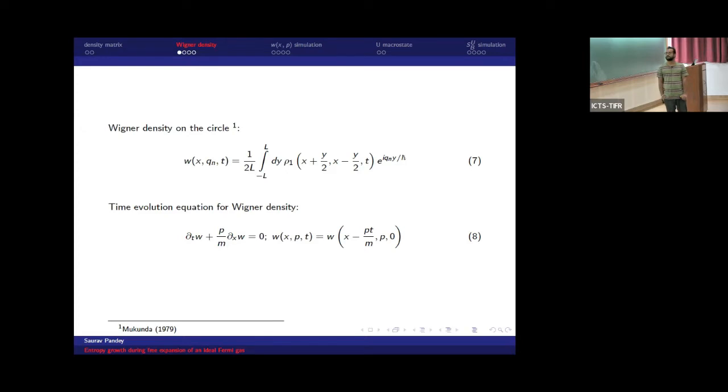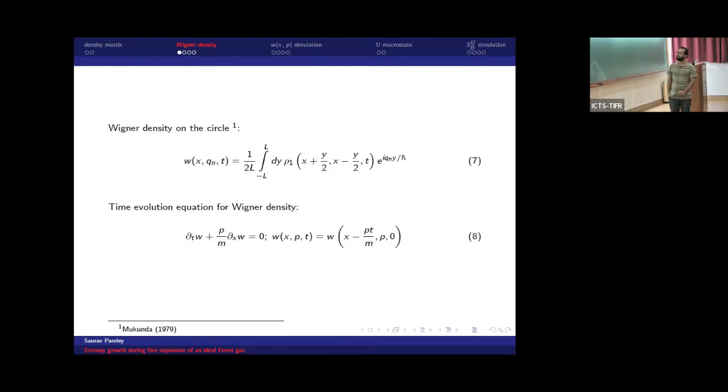So this is also the equation that is satisfied by the single particle density matrix, the single particle phase space density of a classical non-interacting system. You can show that it satisfies the same equation, which means that its evolution is very simple. You just have to boost the initial profile and you'll get the Wigner function at a later time. Okay, so we can solve this.